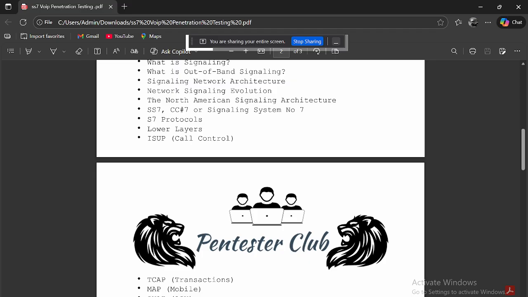And when it comes to MTP3, it's like routing between the nodes. And when it goes to MTP2, it's like error-free delivery. When you set up a call between two phones together, MTP2 acts as error-free delivery. MTP1 acts as the physical layer, like lines, optical fibers, etc. That's it here.